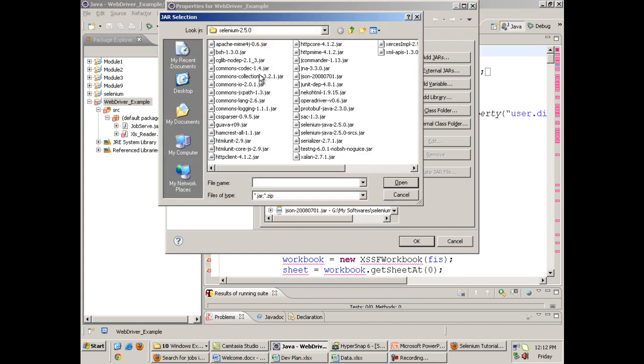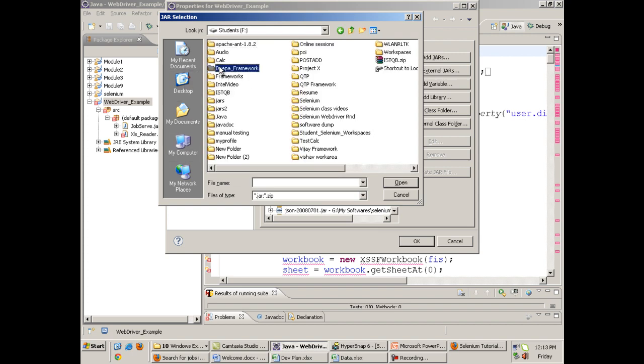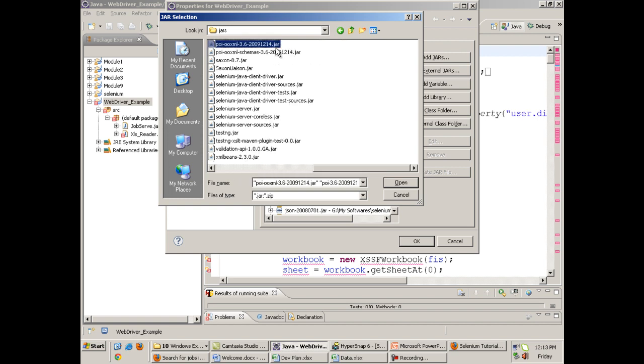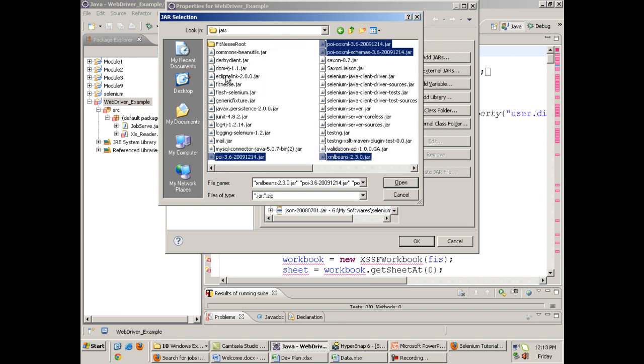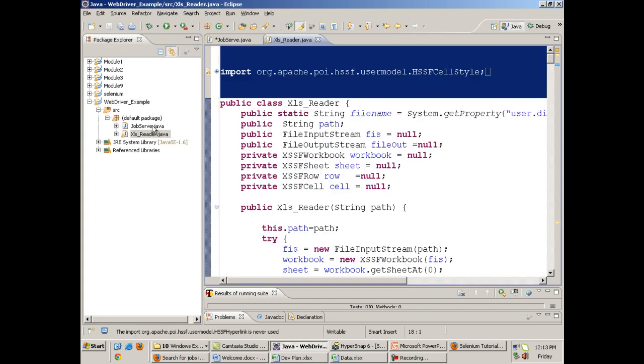First of all, you will have to include the jar files for reading Excel files, that is the POI API jar files, into your project. These are the 3 POI API and one more, total 5 jar files. And now all the errors will be gone. Okay, we are good.